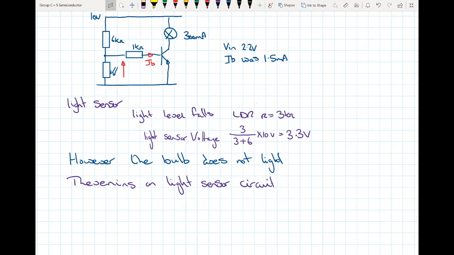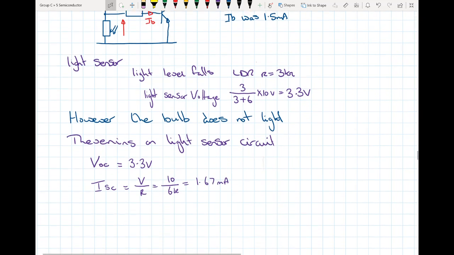So if we apply Thevenin's to the circuit, the first thing we do is to calculate the voltage open circuit. So when we're looking at our sensor, that's just going to be the voltage there, what we would normally have as our normal Vin. So we've already calculated this. Then the next step would be our current short circuit, where we're effectively shorting out the LDR in the circuit. So it's going to be voltage divided by resistance, our 10 volts divided by just our 6k gives us 1.67